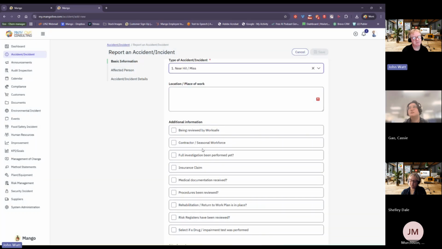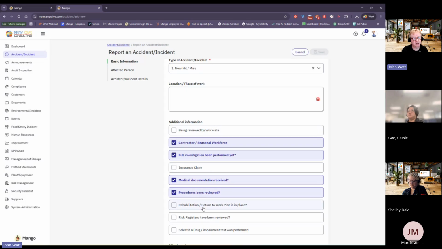The forms are designed to meet the current legislation to make sure you've got all the information that you need, and to try and force people into doing the right thing in the right place, to give you more data. For instance, one of the things we find a lot in companies still today is they have one form for accidents and risks when they're two very different things. So it forces you in there from that. The additional information checklist, again, you can have whatever you want for your organization in this, and that's a checklist of have you done this, have you done that.